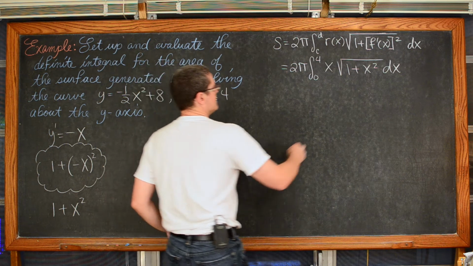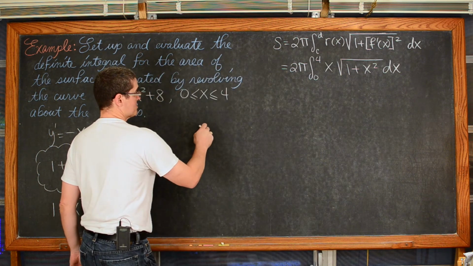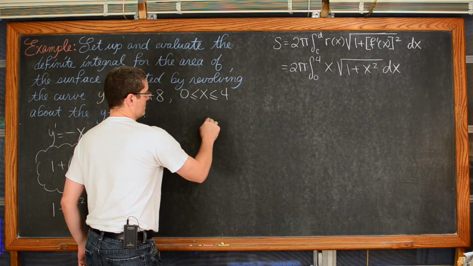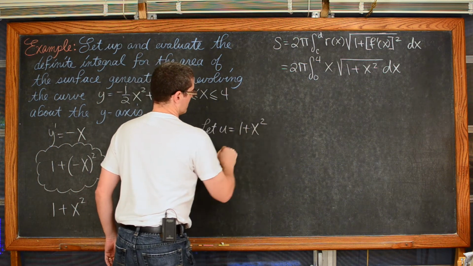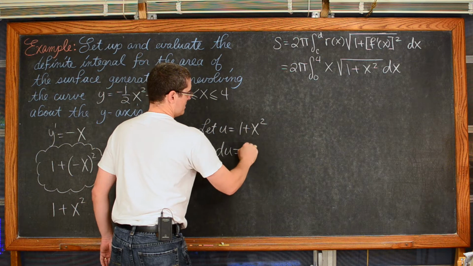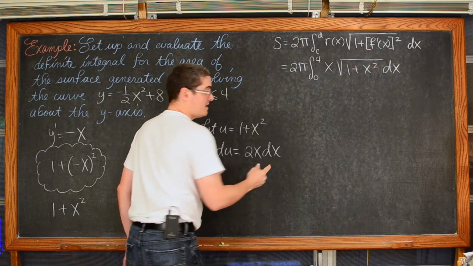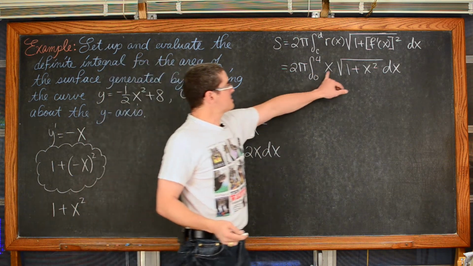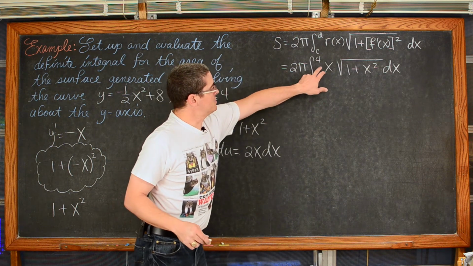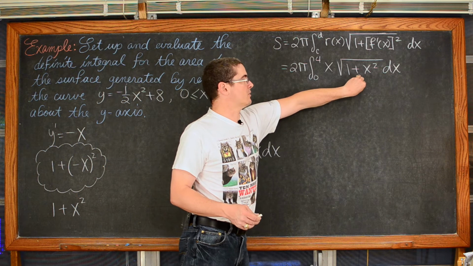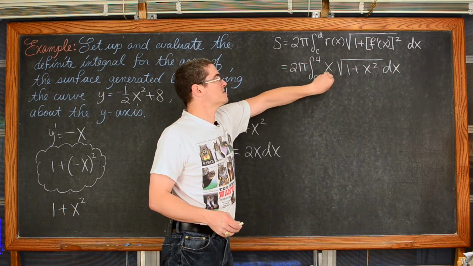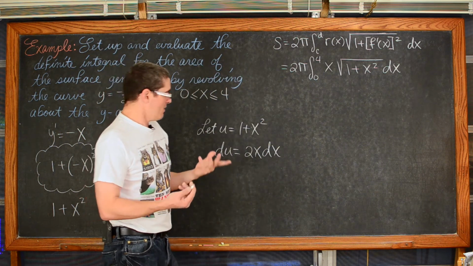I'm not going to do a u substitution for this, we're going to do pattern recognition. But if we were to let u equal 1 plus x squared, then du is going to be 2x dx. So I have an x and I've got a dx. If I introduce a 2 here, then I'm going to have that pattern of my u inside the radical, or inside my power of 1/2, and then outside my du. Okay, well, let's just do that.